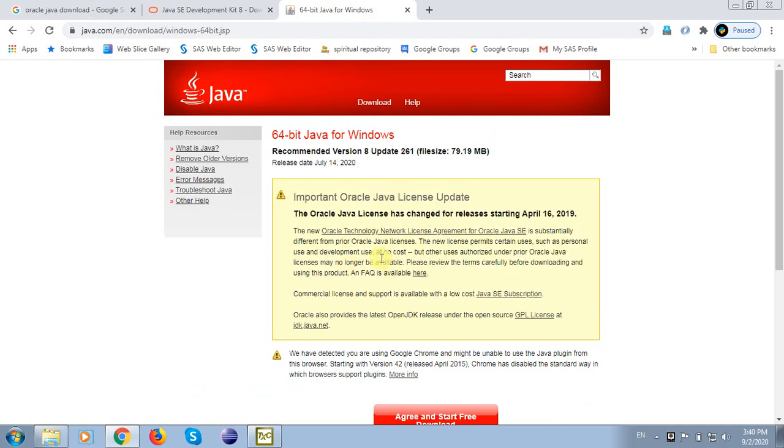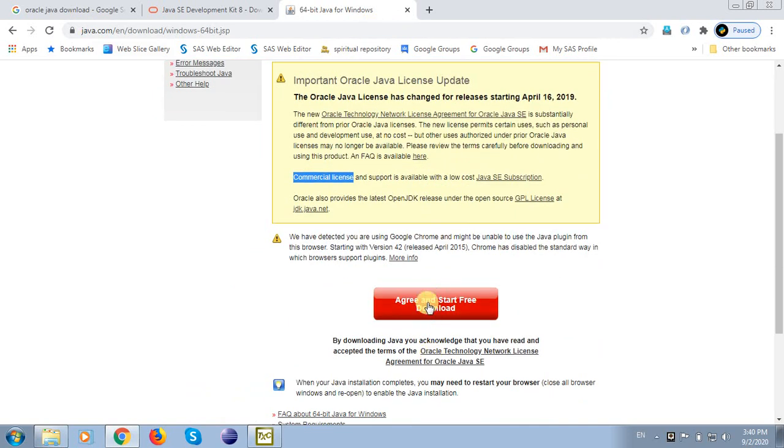You see here there is something mentioned related to cost. Okay, they also have a commercial license. So whenever you find this commercial license, when you are downloading, this is free. Now agree and start free download kind of. It's free, but there is some little commercial interest in this. Okay. So if you don't want to have this kind of caveats on your work life, then it's better to